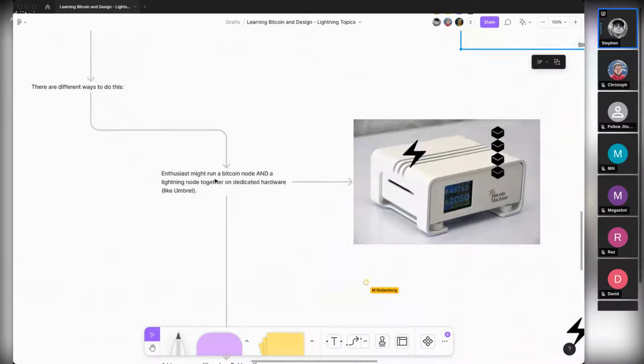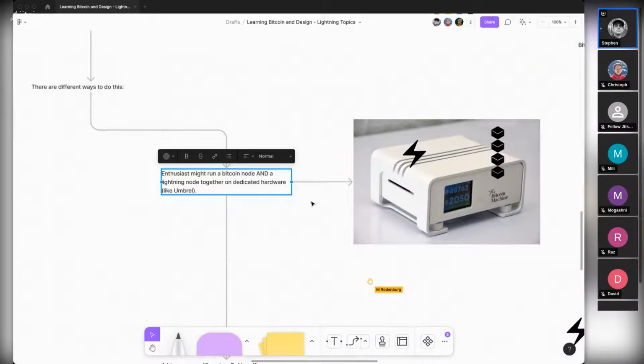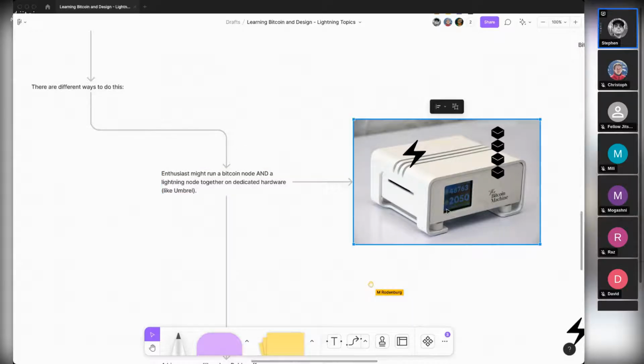So one way is that an enthusiast might run a Bitcoin node and a Lightning node together on dedicated hardware. I think this machine actually runs the Umbrel operating system. Basically, all it is, they've just put Lightning node software and Bitcoin node software, and they're just running them on the same device. And so the Lightning node, when it has a question about the blockchain, doesn't have very far to go